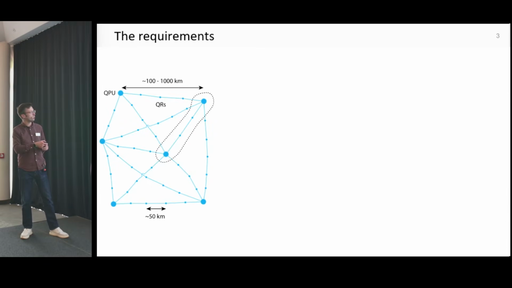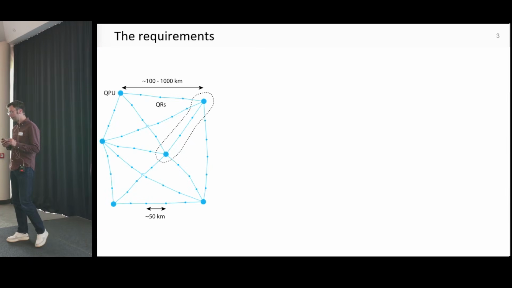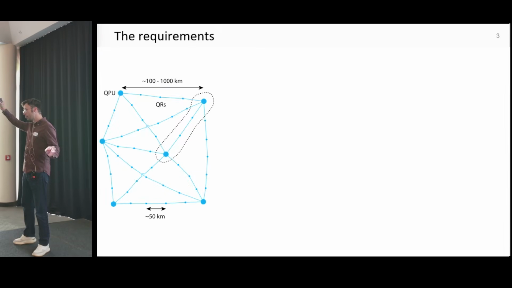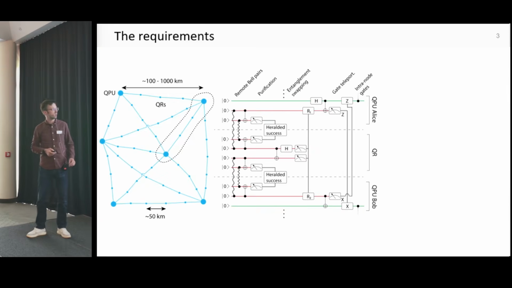Here's a little cartoon: quantum network nodes over some macroscopic distance with some quantum repeaters in between. Think about a task you would want to do: distribute entanglement between distant network nodes over a quantum repeater. You have one quantum processing unit at Alice, one at Bob, and in between a repeater. You first have to establish entanglement between the nodes and the repeater. Maybe you want to do a little bit of purification to have high fidelity entanglement that you can then swap to the nodes, and then perhaps perform a gate teleportation between communication and data qubits.